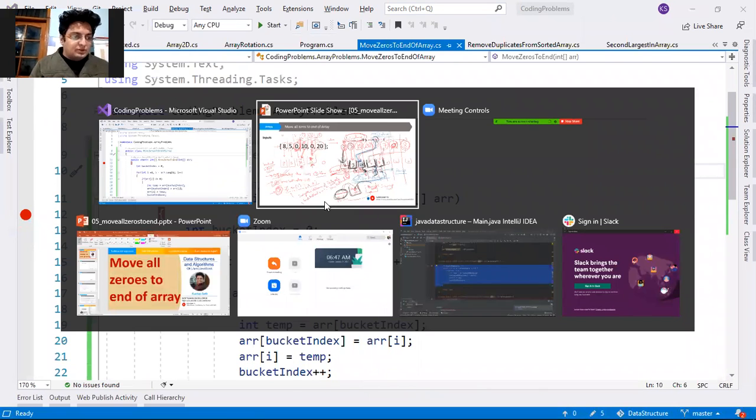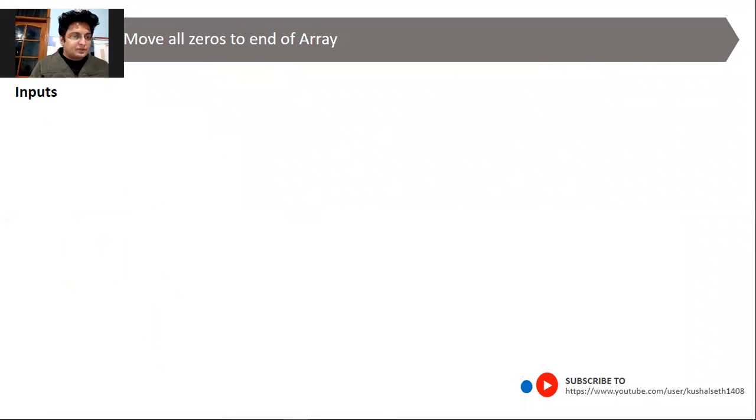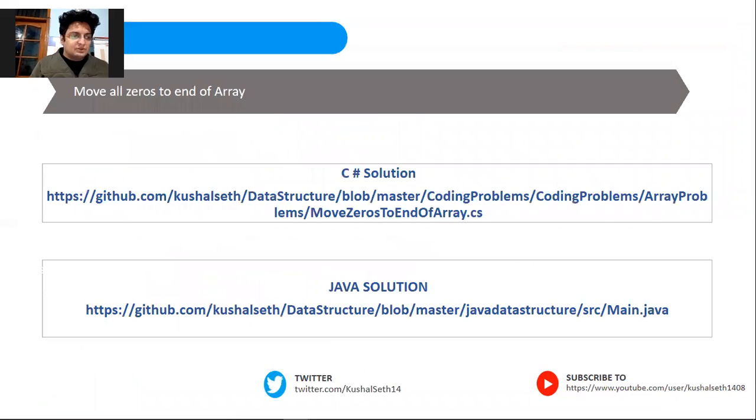Thank you for giving your time, and if there is anything you didn't understand, please let me know. This has become very dirty, but I think if you were concentrating since the start, then you might have understood. I tried to use multiple color pens. This is somewhat the code which we have written. The C sharp code and the Java code is exactly the same. I have put it in these repos. If something comes up that is language specific, I will share it in my coming videos.